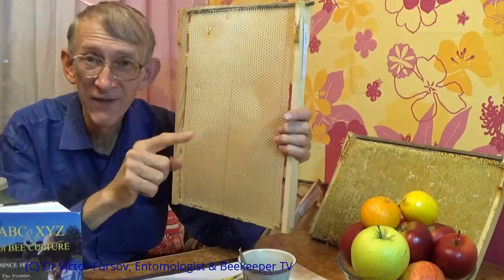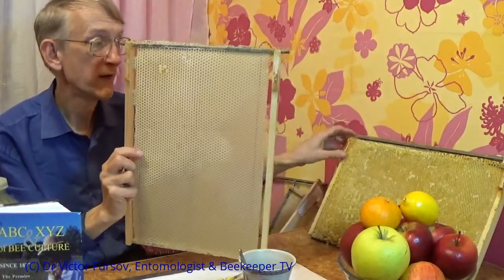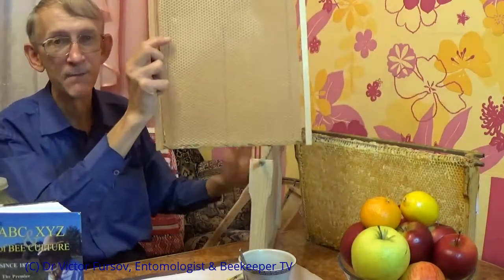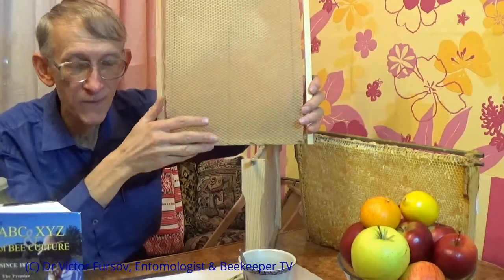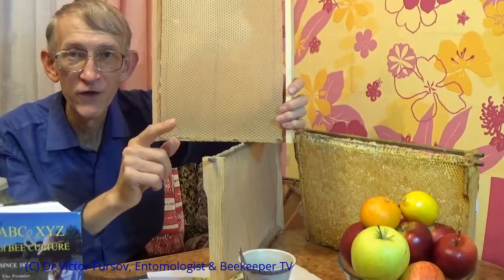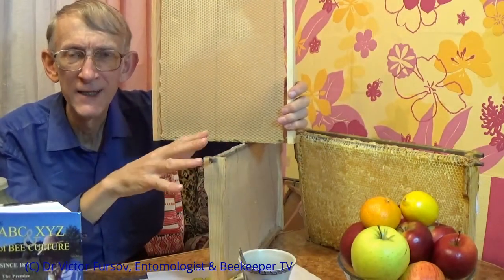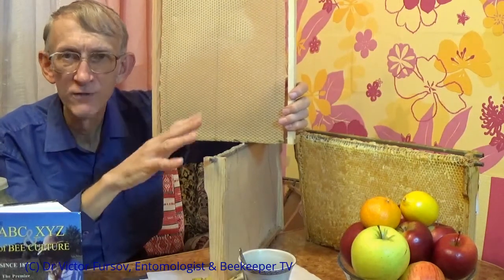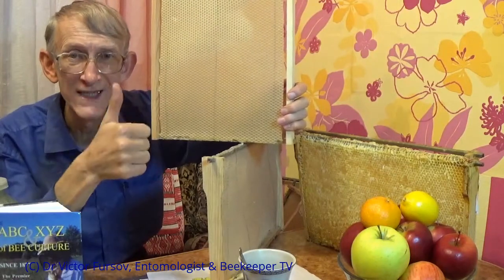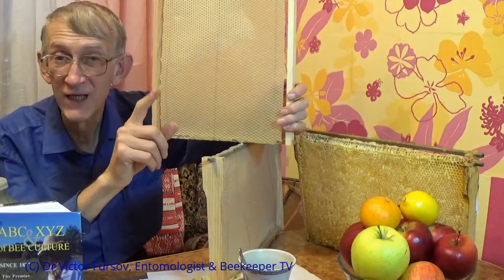And by the way, the health of honeybees on this structure of beehive is much better. The efficiency of the honeybee colony is also very high. Without transporting these beehives, it's easy to collect up to 40 kilos from one three-story beehive. 40 kilos for one season, up to 30, 40, 45 kilos from one